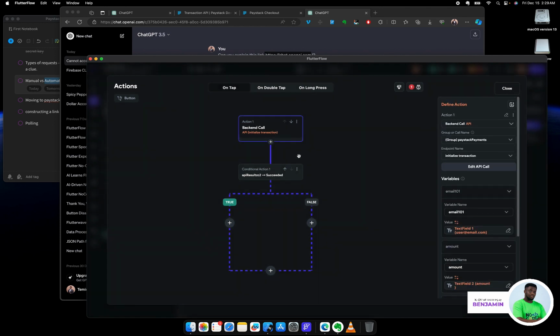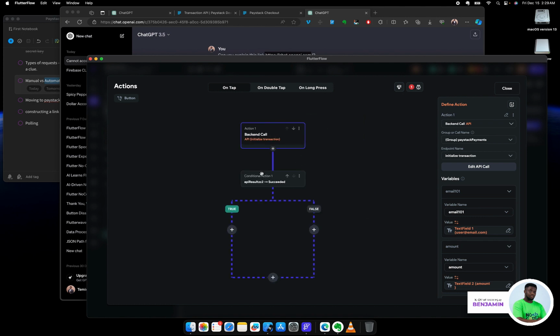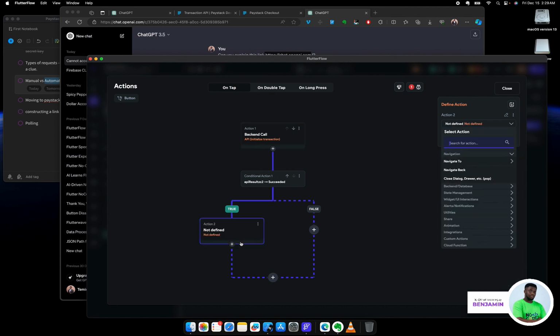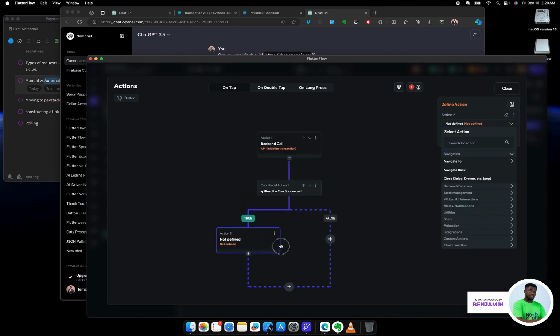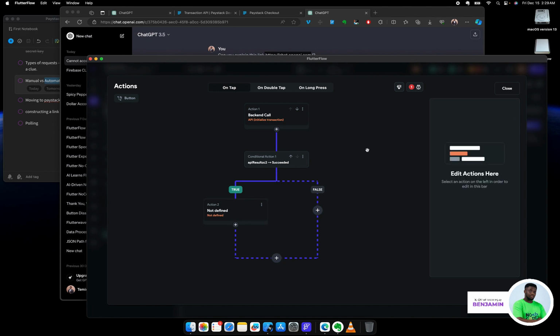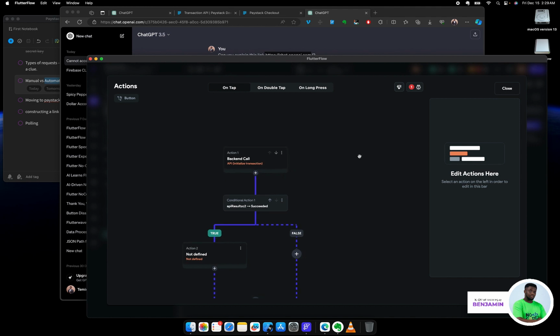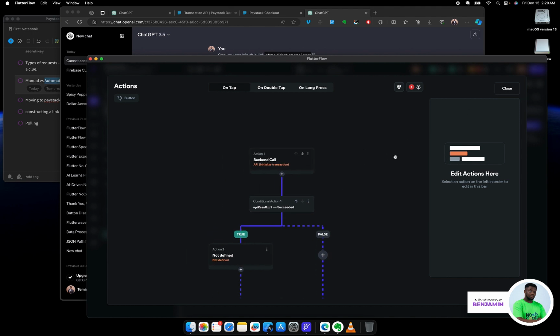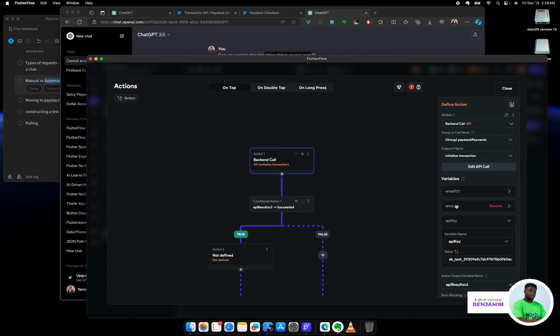Awesome. Now, once the API call is successful, you can also handle what happens if it's not successful here. Before that, you can probably check the internet connection of the user, do whatever you need to do here if it's not successful. But if it is successful, what we're going to do is add an action, right? And that action is going to be to send the user to another page. But we have a couple of other things to worry about. Now, the first thing we need to worry about is, number one, we need to pass